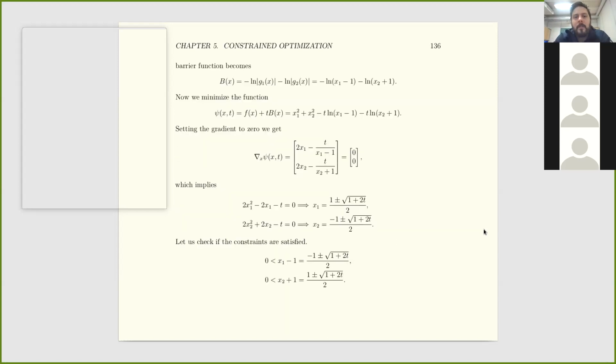Using the logarithmic barrier, we can generate the barrier function, where we add the negatives of the logarithms of the absolute values of those two. And if we assume that we are in a feasible region, then 1 minus x1 becomes actually x1 minus 1, because it's the negative of that. That's going to be positive, and x2 plus 1 also going to be positive. So we do those two